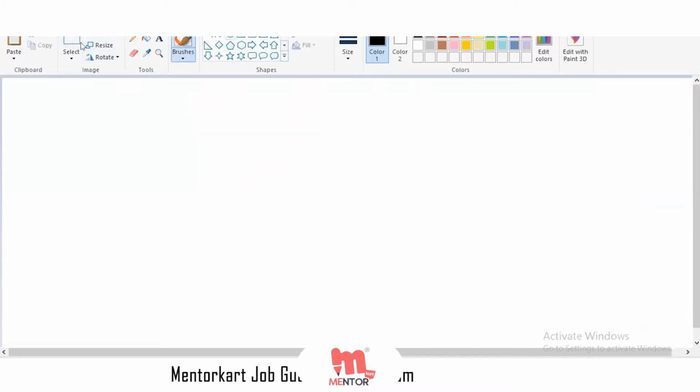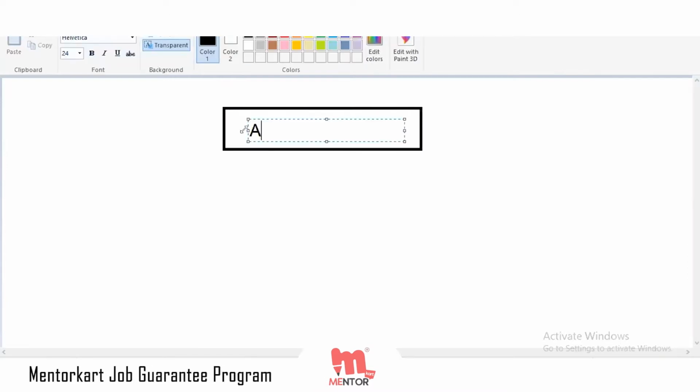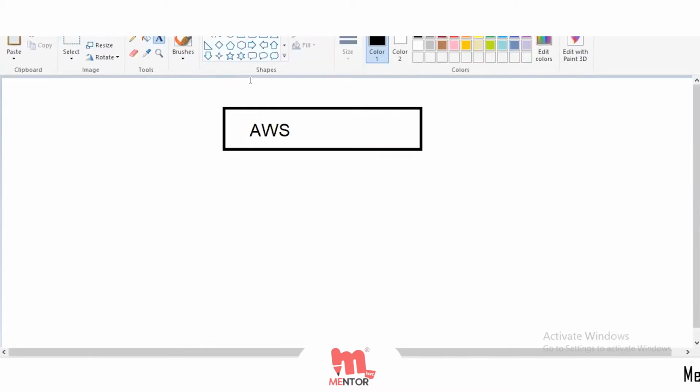Now I assume everyone knows what is AWS. What is AWS? Just give me the answer in chat. It's a cloud service provider. Simple. AWS is a cloud service provider. And AWS